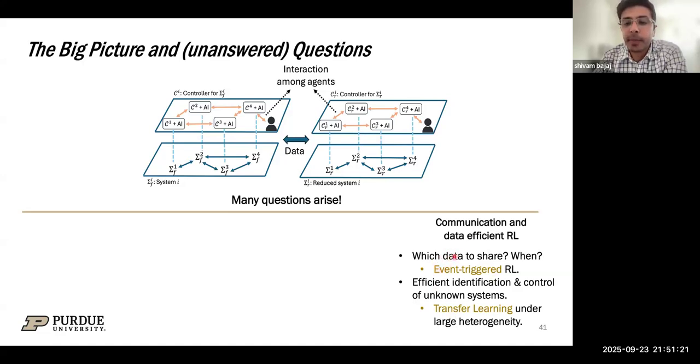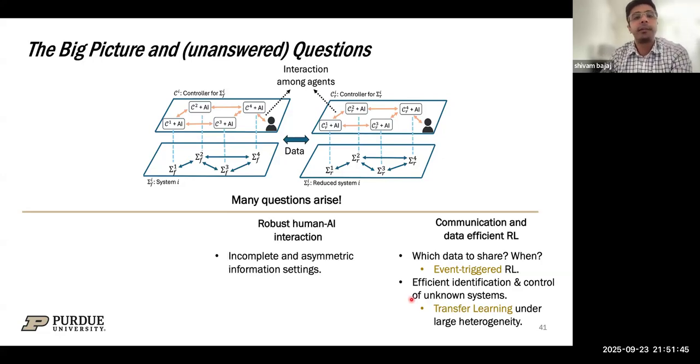So in the third part of my research, I've been asking questions such as which data to share and when. And I've been addressing this question by designing an event-triggered reinforcement learning algorithm. And for the question related to efficient algorithms for identification and control, we've been looking into transfer learning approaches under large heterogeneity. Okay. Now, some questions that I have not answered yet, and I'm very interested in answering, is that